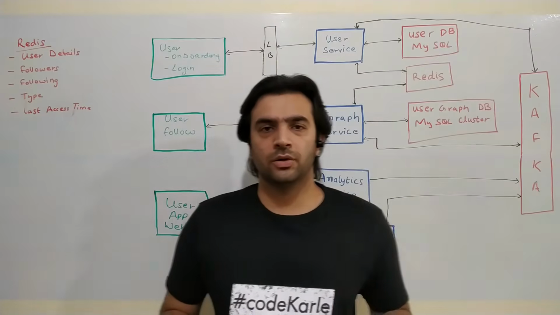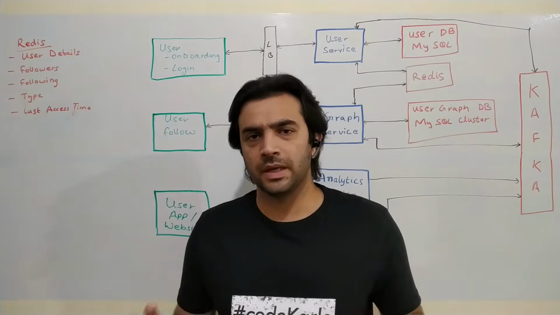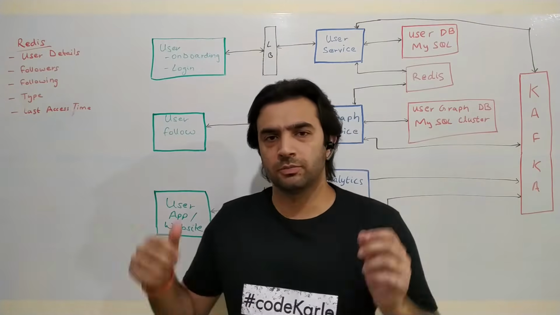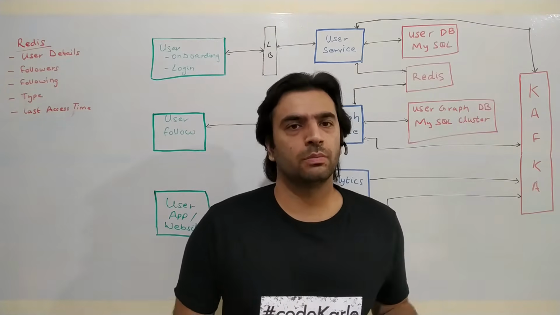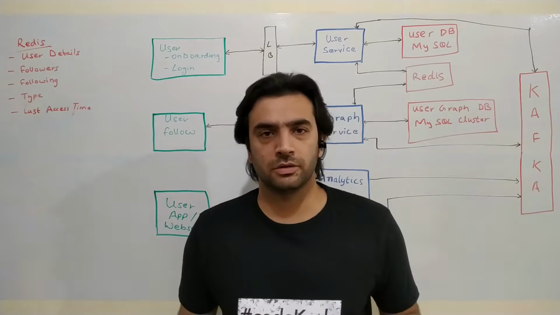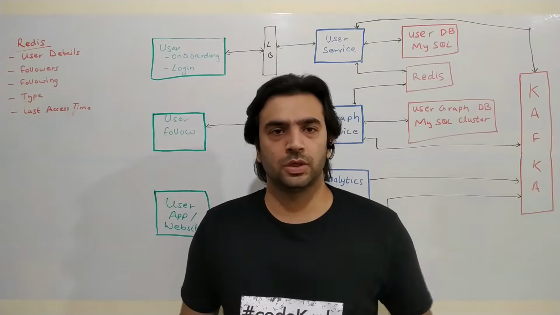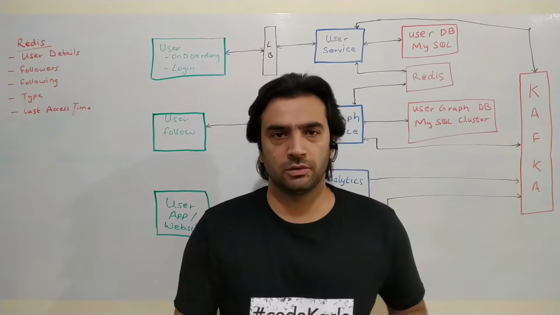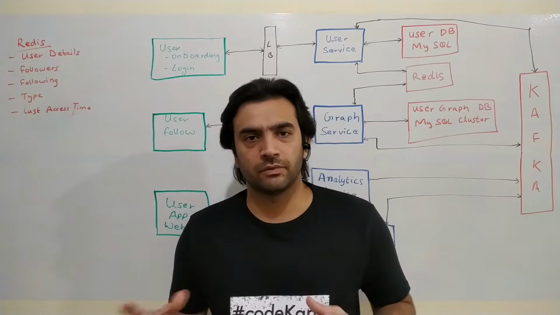Now, let's look at an overall architecture of the whole system. Now this whole system is fairly big and there are a lot of components, and it will become too cluttered if I put the whole thing at once. So what I've done is I have divided it into three components. The very first is the user onboarding flow, on how they come into the system. The next section would be the tweeting flow, which talks about how they post a tweet and how they get the various screens that they have access to, like their home screen, their user screen, and all of that. And the next section will talk about search and a bit of analytics that we want to do.